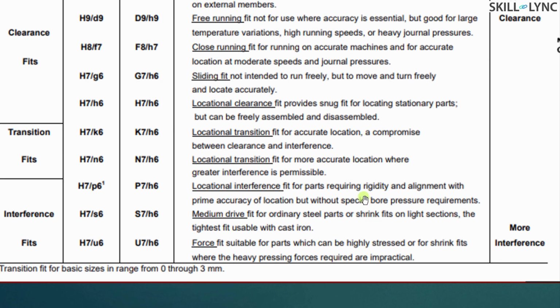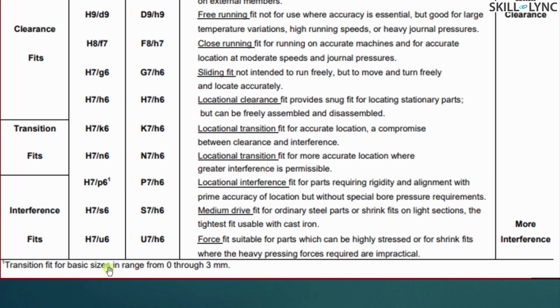So next, in this interference fit, it means that in this condition, for basic sizes from 0 through 3 mm, you go for this nomenclature, wherein the location interference fit is used for parts that require rigidity and alignment with prime accuracy of location, but without any external bore pressure requirements. Wherein you still go for higher interference, the steel parts or shrink fits are used for the different sections. So this is what I was speaking about earlier, and going for a tighter tolerance, more interference,